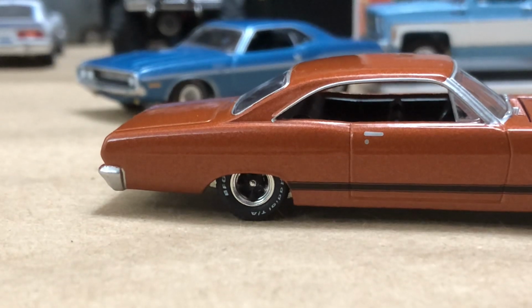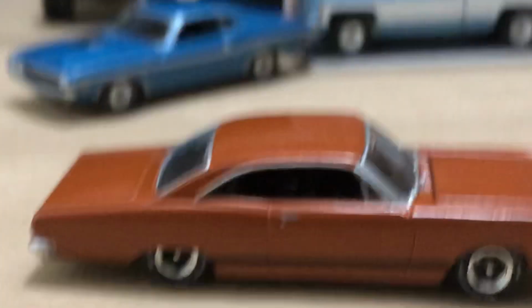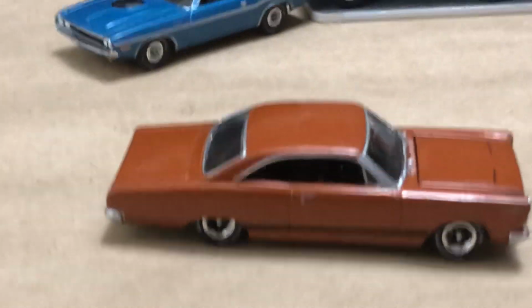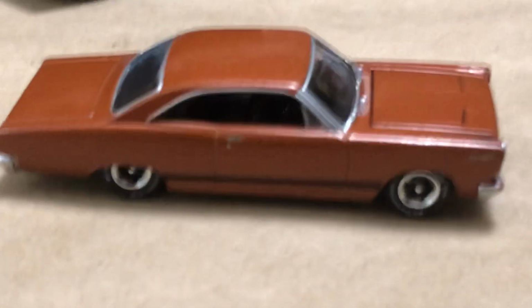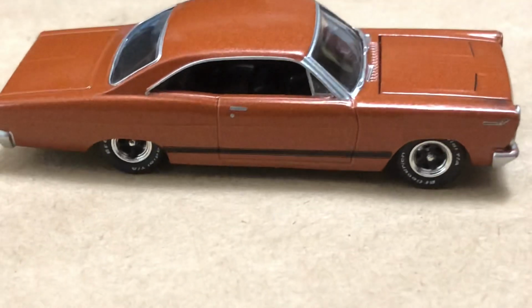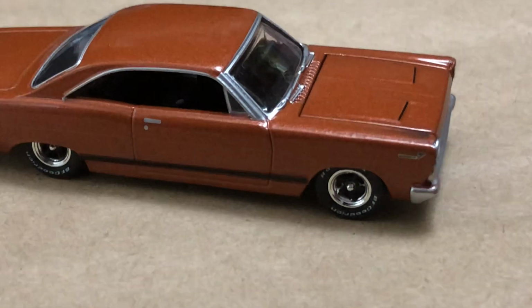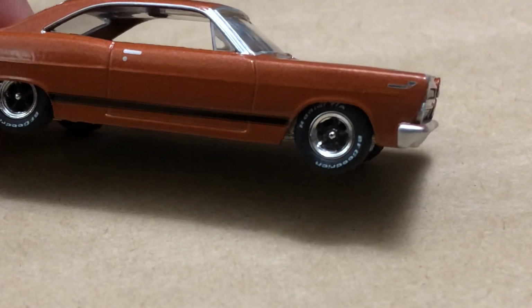Nothing to write home about. Sometimes Auto World does really cool interiors. They'll change color or they'll paint the color to match the exterior. So definitely something to look out for, but sometimes it seems like their recent releases, they have black interiors a lot of times. The other thing about this, the Comet Cyclone, wasn't a hypo basically package on the